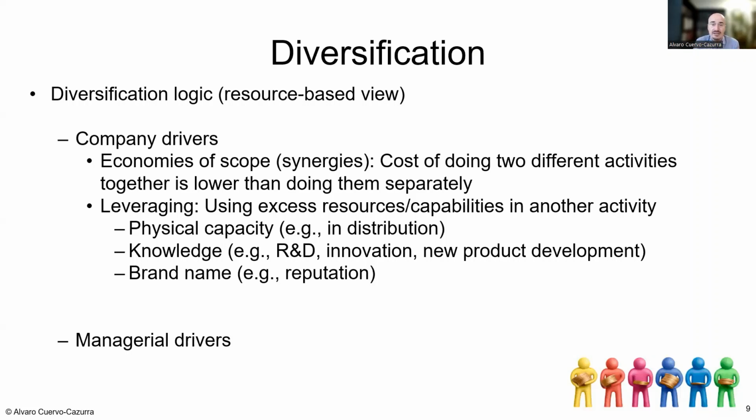My brand name is well known. That's going to carry over and it's going to give me an advantage in other places where I have the knowledge. I have the technology. I know how to do engines well. Hey, this is fantastic. I can do them for motorbikes. It's not that different from an engine that you can use on an outboard motor for a boat, or maybe you can use it for a lawnmower. So why don't I use all this knowledge and then operate in different industries?